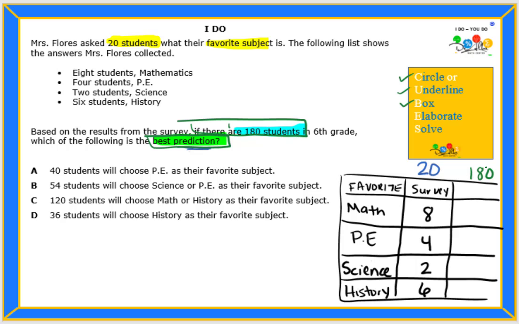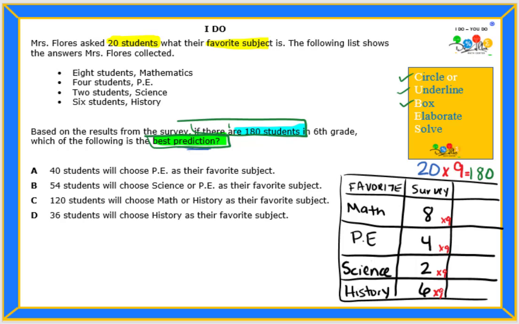So let's find a multiplying factor, or what did they multiply? It's like we're making a proportion, students. Do you see that? In this proportion, we either have to multiply or divide to get 180. 180 is bigger, so that means 20 got multiplied by something to give us 180. Can we figure that out? 20 times 9, that is correct. So if we multiply times 9 on each of these, we can make a prediction